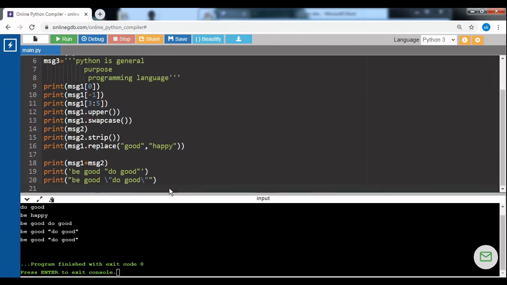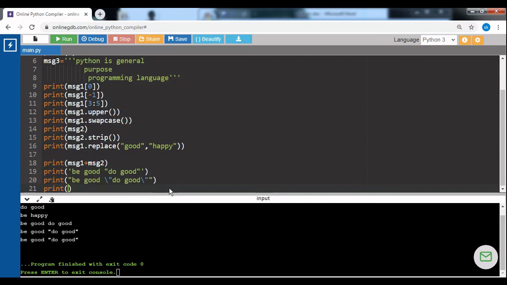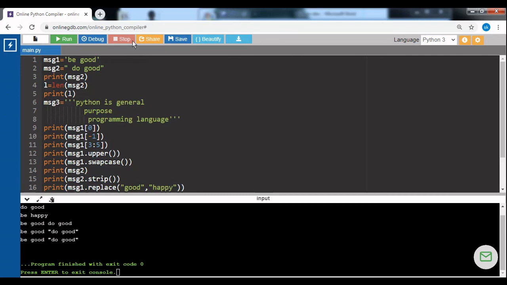Next, suppose I want to check whether a string literal ends with or starts with a certain character. We can check, and in that case we'll get a boolean value, true or false. So here we can check: print message1 dot endswith good. Both end with good, right? Be good, do good.